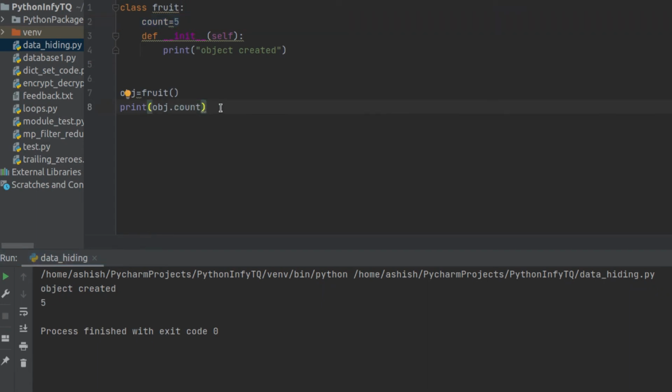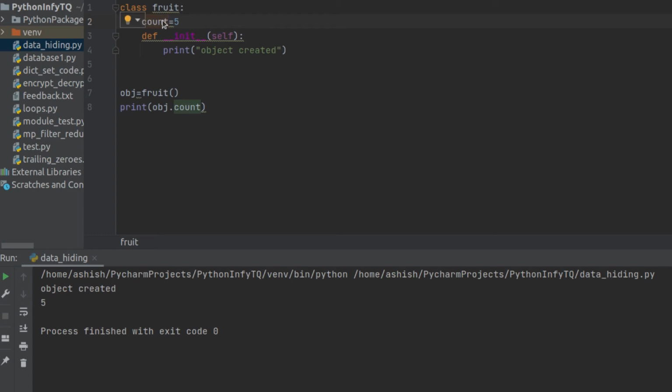Now for example, I have to hide this data, because currently what is happening is I have this attribute, and that attribute is count. Now what I want to do is use the concept known as data hiding, for which I just want to hide this data. I don't want anyone to access the data which I have stored inside the attribute named count. I don't want anyone to access it outside of the class.